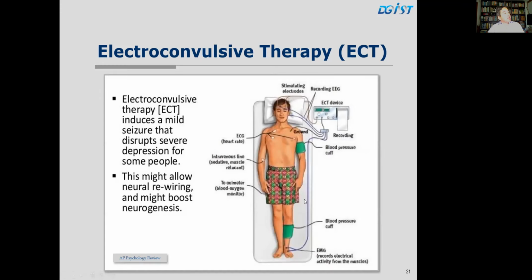So that's done with some basic monitoring. Patient is typically put to sleep, so there's monitoring for that. There's a pulse oximeter, blood pressure measurements, EMG to record electrical activity from the muscles, which are going to be responding to the seizure, so we can monitor all of these effects. And essentially, the key element is to put stimulating electrodes, as well as, of course, an EEG, which we talked about, and to deliver a direct current.